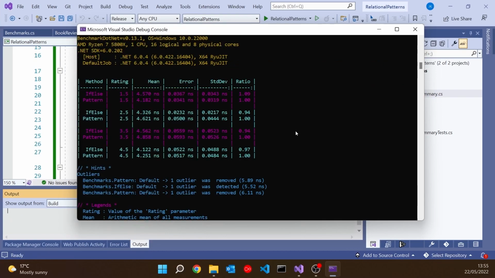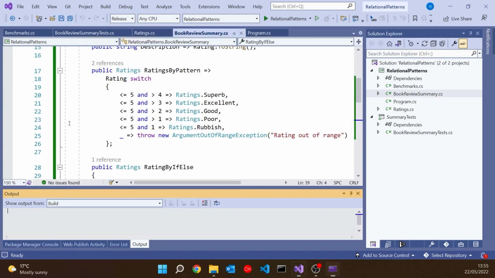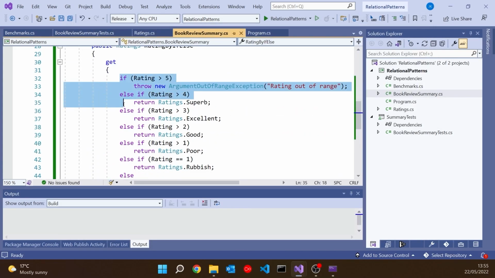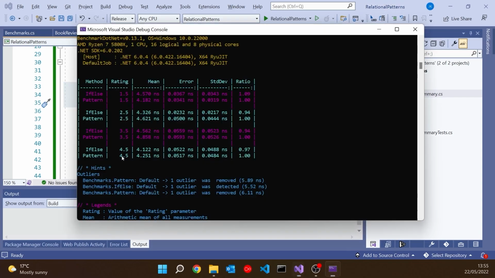And the very first thing to notice is there is not very much to choose between them. So we're getting the result for the if-else. They're in between 0.94 and 1.09 of the baseline we have for pattern. So that's not a huge amount of variation. What we might have expected is that it will be going quicker on a high rating because that is earlier in the chain, whereas lower ratings will be slightly slower. And you might see that that's been borne out. So certainly the worst one for the if-else is on the 1.5. The best, though, is on the 2.5. So there's clearly quite a lot of variation going on in there.